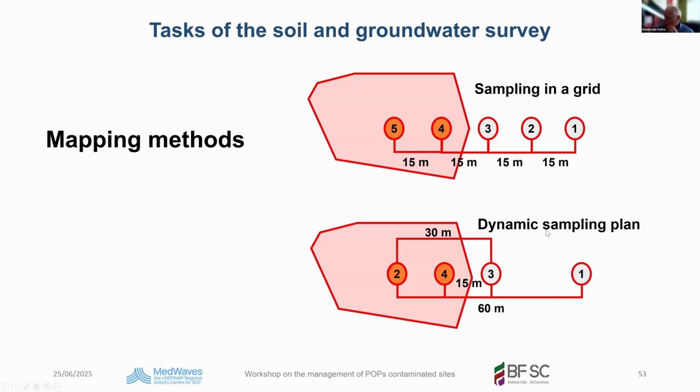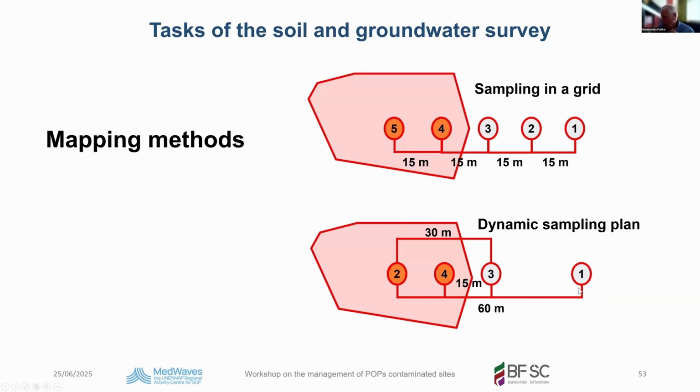This is with the grid, but you can also decide to do a dynamic sampling plan, meaning you install a borehole, number one, where you are pretty sure that it's clean. Then you install a borehole where you're pretty sure it's contaminated. And then you install a borehole just in the middle, and this one is clean, and this one is clean, and this one's contaminated. So you have the same result, but you have one borehole less. If you have to do this on all the sides of the expected spot of contamination, it saves you